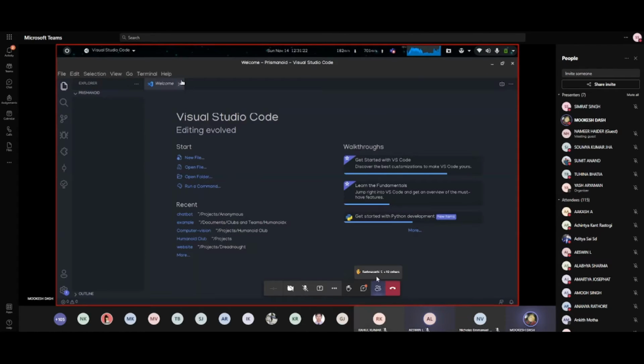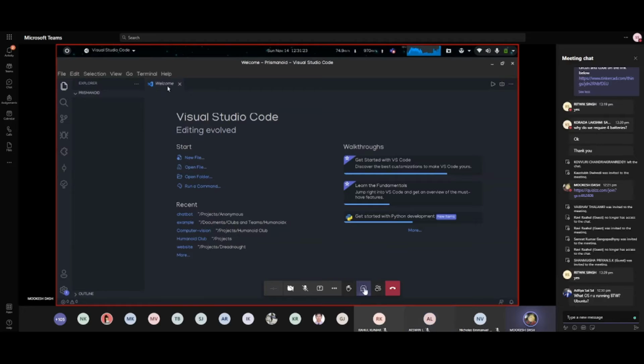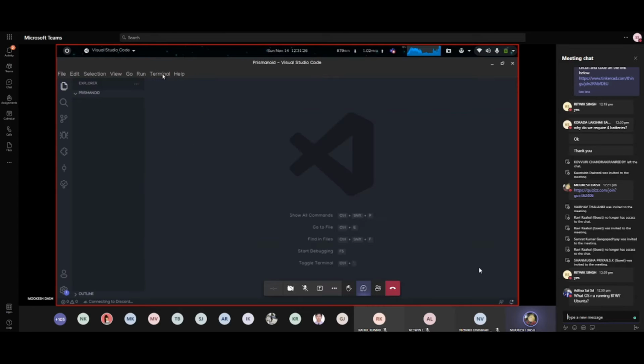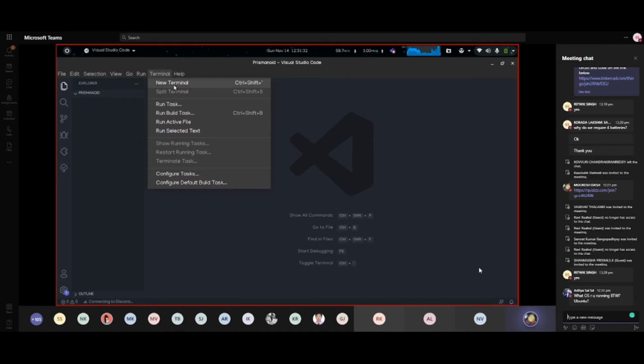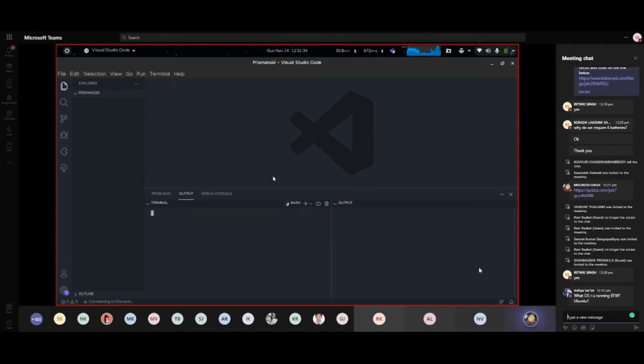There's a good old welcome screen, and next we have to open the terminal. It is right here in the toolbar. So open a new terminal, and the command you have to write is